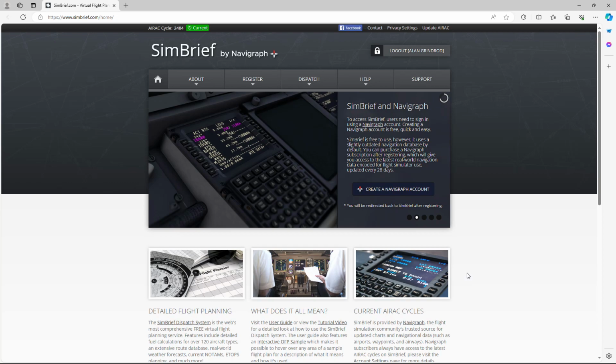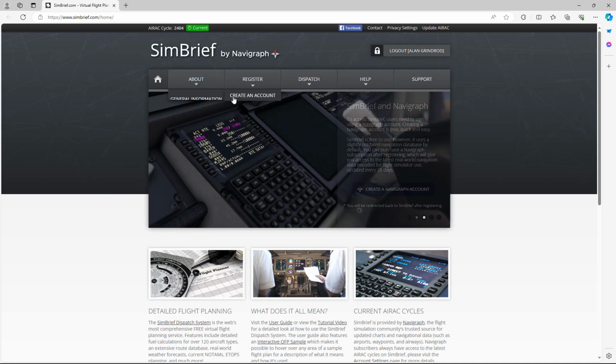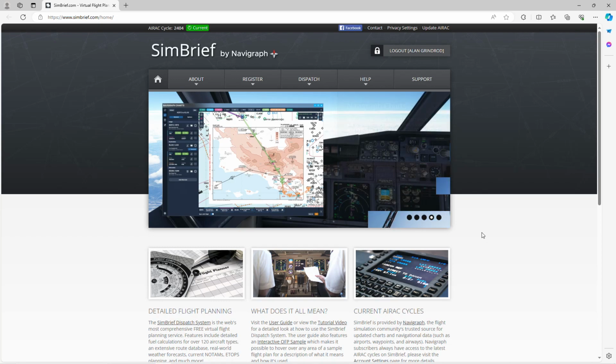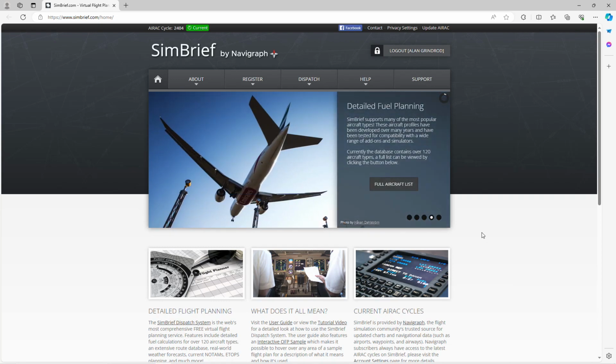To do that, we go to simbrief.com. Simbrief itself is completely free, however, Navigraph is not free. You don't have to have Navigraph, but it does make things a lot easier. You have 2 choices of subscription. There is navigation data only, or nav data and charts. Personally, I don't use the charts, but the navigation data I feel is very important, because if you don't